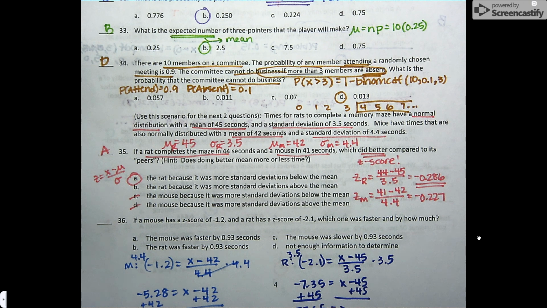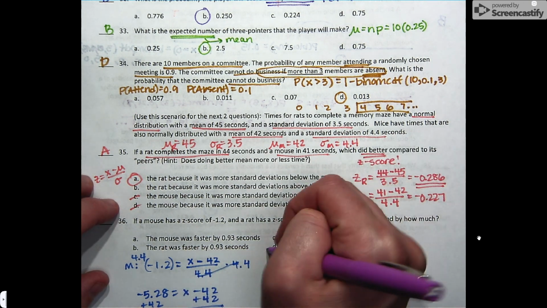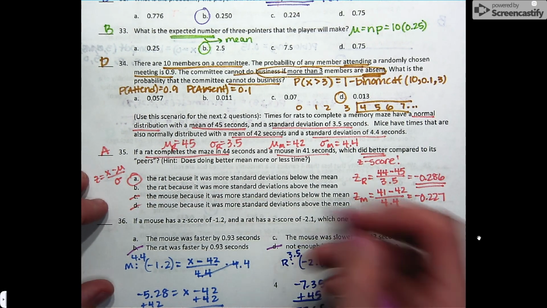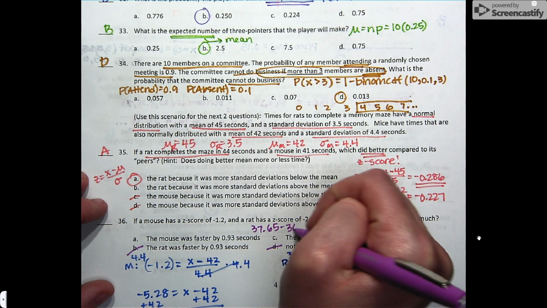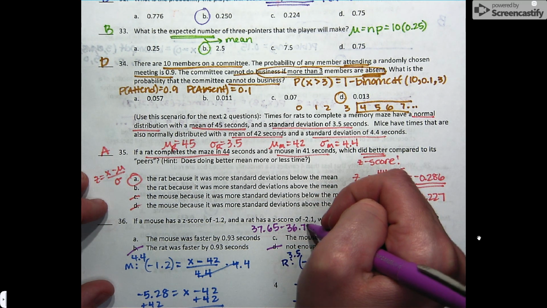So to see who is faster, hopefully you can easily tell that the mouse was faster. So it's A or B. And then if I just subtract those two things, so 37.65 minus 36.72,